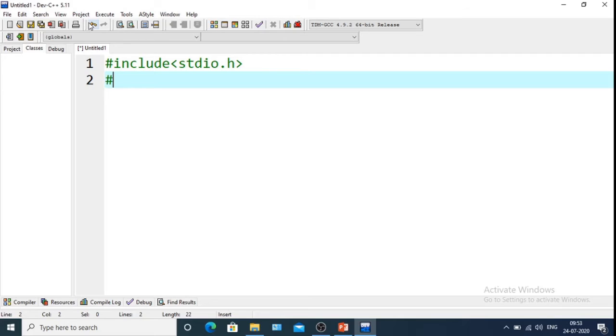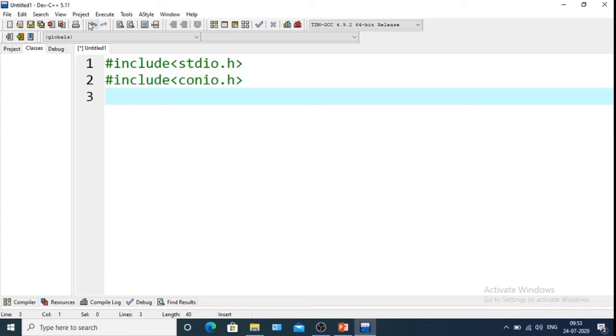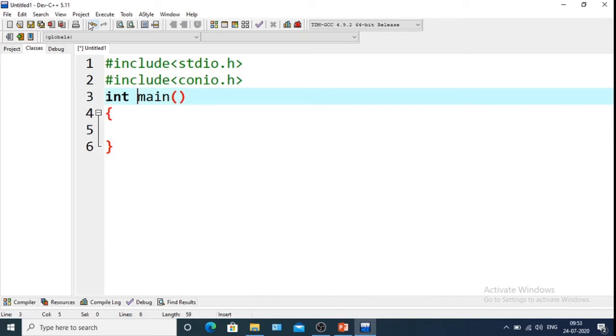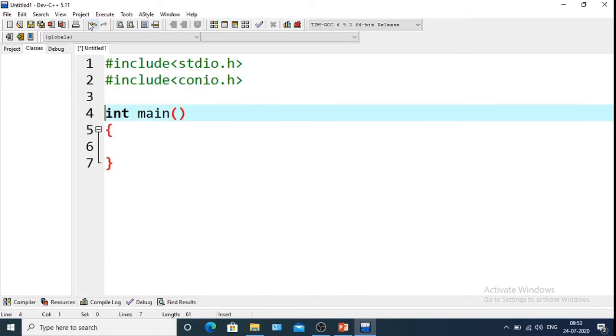Next we will take another header file, hash include conio.h. This is the console input output. Next int main. This is the main function. Any C program will start executing from this main function. So let's first define the size of the array.